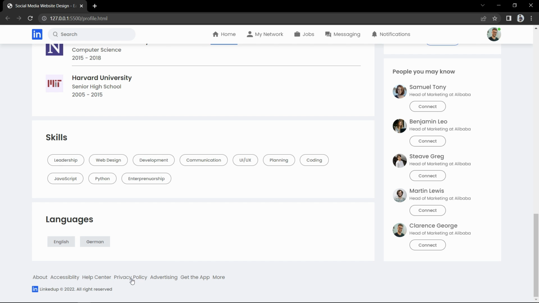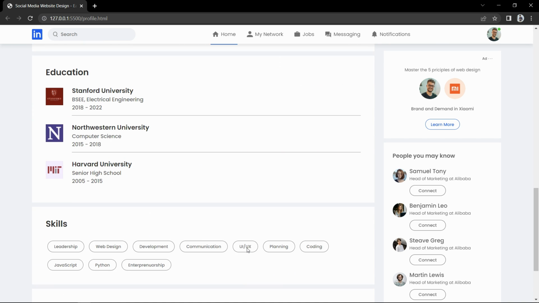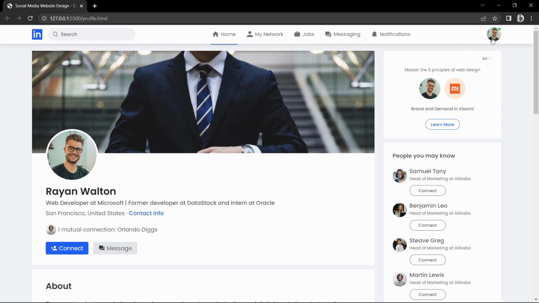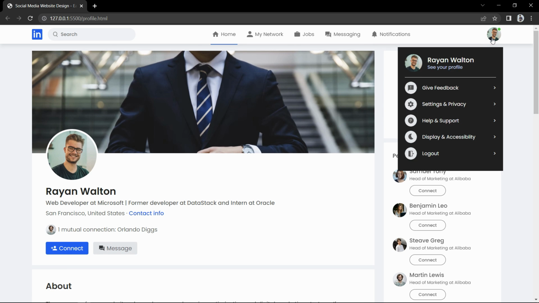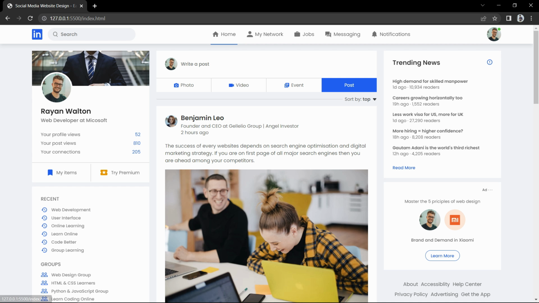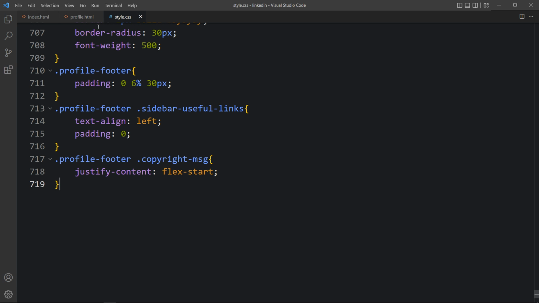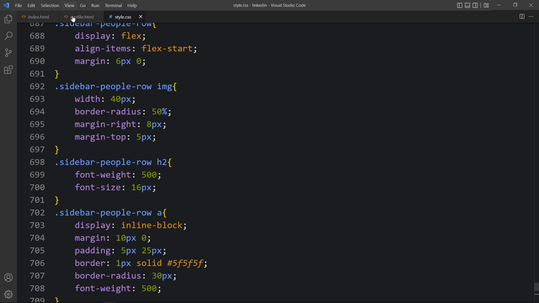Now we have added all the contents in this profile page. Let's scroll this website to the top and you can see it looks good. You can see this profile menu is also working fine. If we click on the logo, it should come to the home page, and if we will click on this see more profile, it should open the profile page. So we have to link those pages here. So just come back